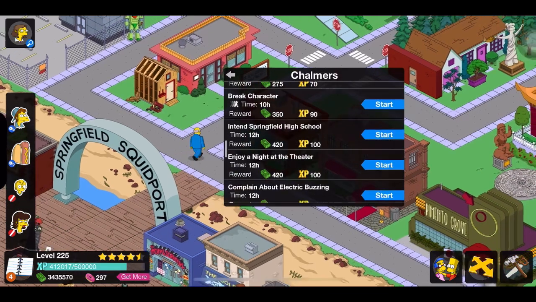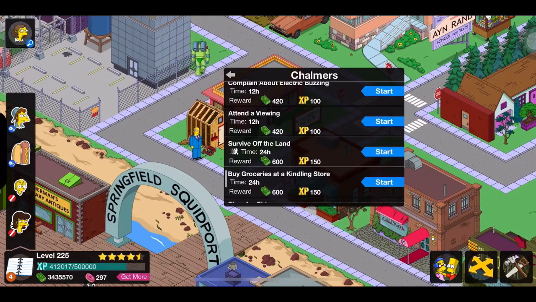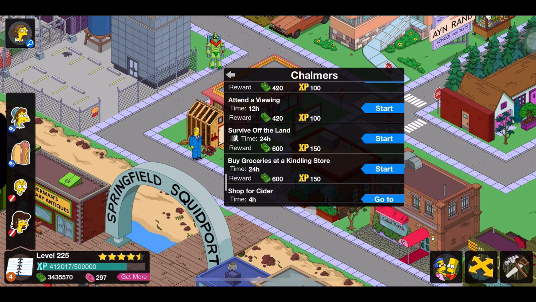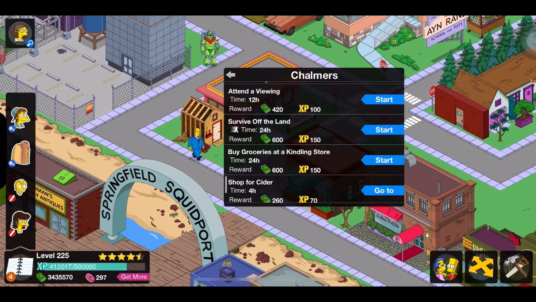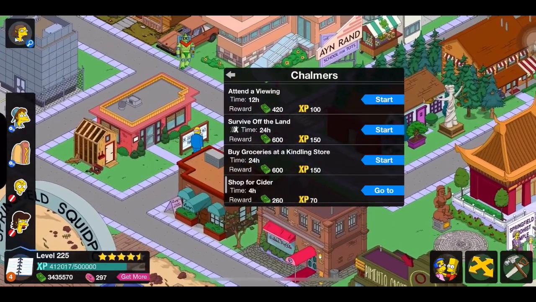Attend Springfield High School. Enjoy a night at the theater. And complain about electric buzzing. Attend a viewing. Survive off the land. This one, I think you need to have a campfire. And he kind of just huddles around that. He's not really surviving. He's just more...